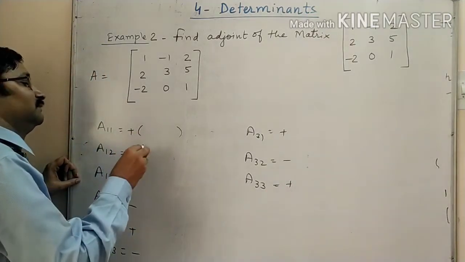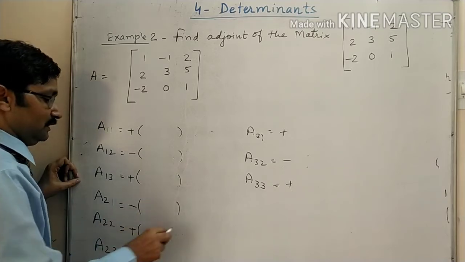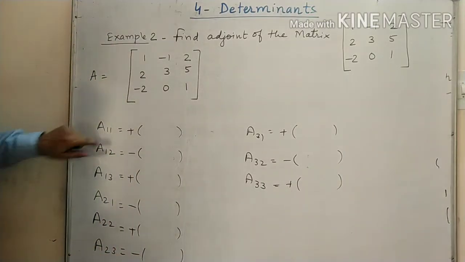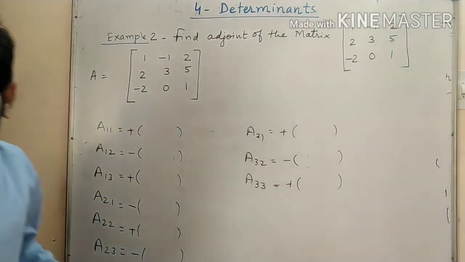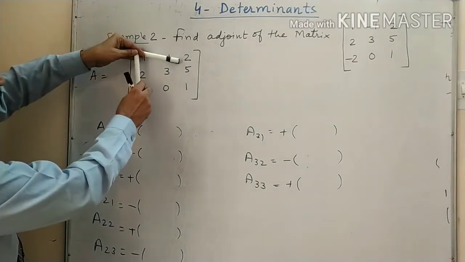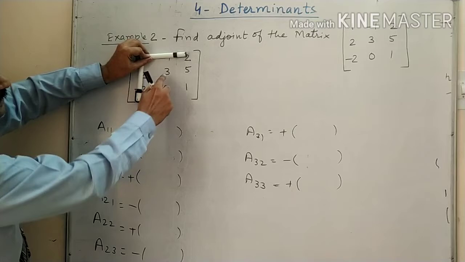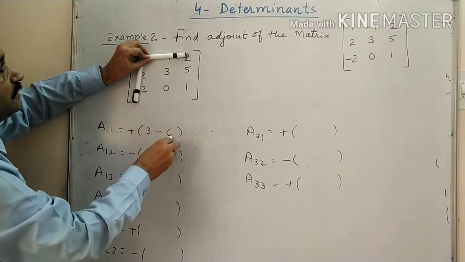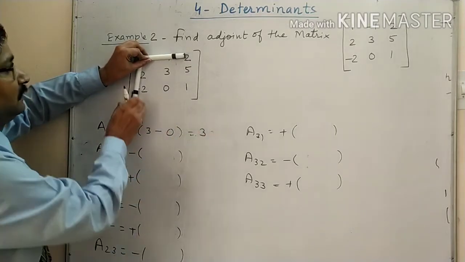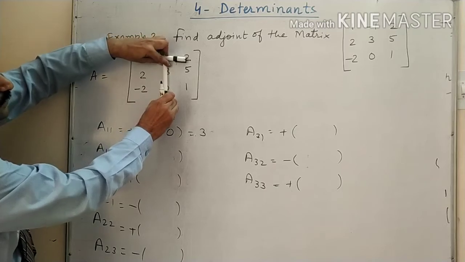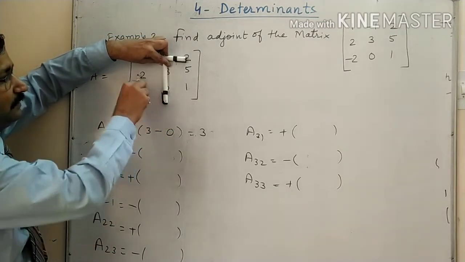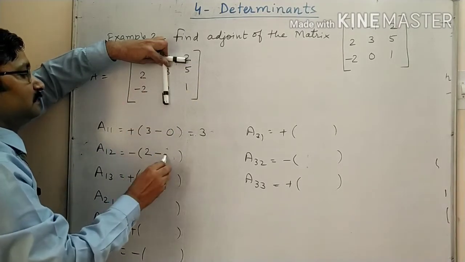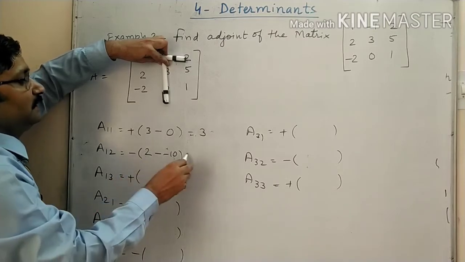Now you will write the direct value. You will not make the matrix here. Look here how we can write. First, you will not take the first row and first column. Then what is remaining? The remaining elements you can see: 3, 5, 0, 1. You cross multiply: 3 into 1 is 3, minus 5 into 0 is 0. Calculation will be 3. Next, the first row and second column you do not take. So 2, minus 2, 5 and 1 you cross multiply: 2 into 1 is 2, minus 5 into minus 2 is minus minus 10. Minus minus is plus, so 12, and with the minus outside, minus 12 you get.